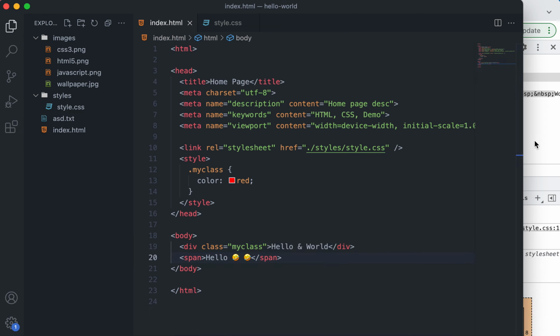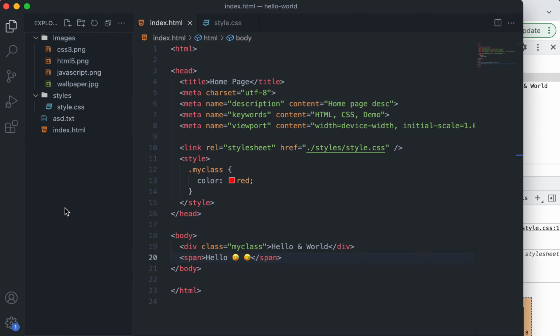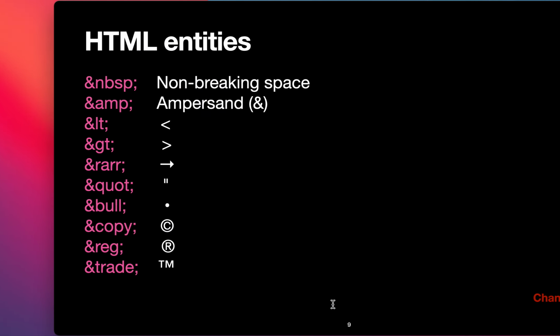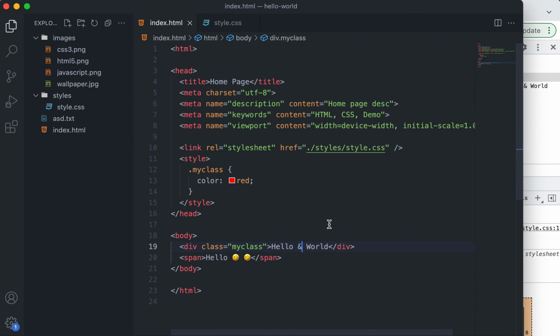Okay, now you see that if you refresh, then this thing is visible, right? However, this is actually invalid. Why? Because some parsers will not properly understand it, because you see that ampersand has a special meaning, right? This will be visible in many browsers, but what is more recommended is that when